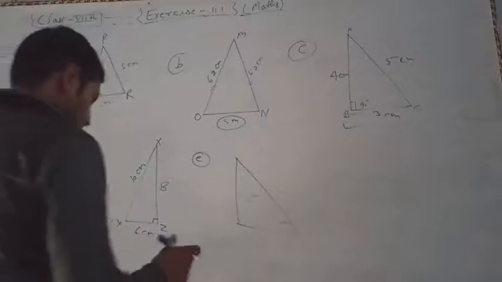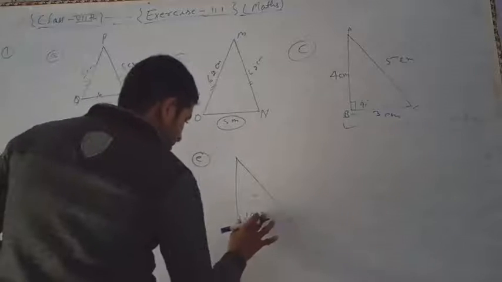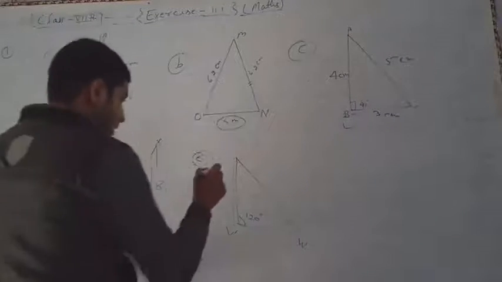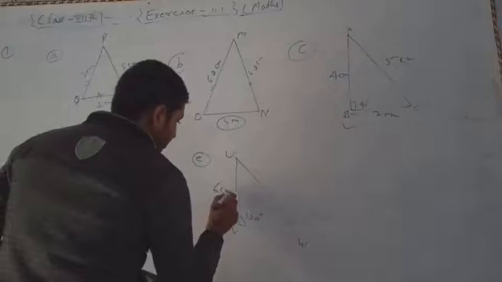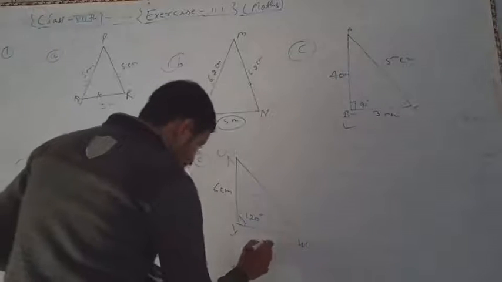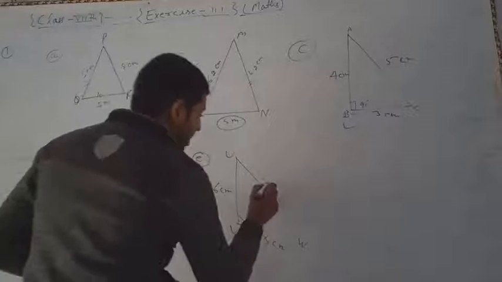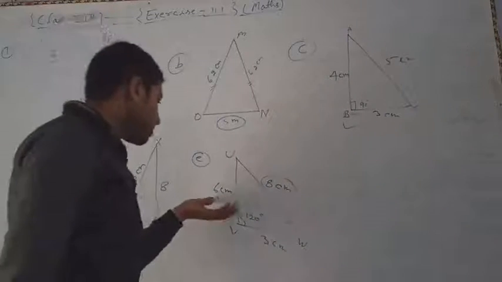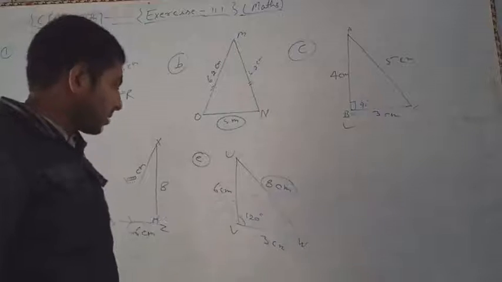Given that this is a 120 degree angle, with vertices V, W and this U. Okay. This side is 6 centimeters, the length of this side is 3 centimeters, and the length of this side is 8 centimeters. Also in this triangle you can see that no other side is the same.